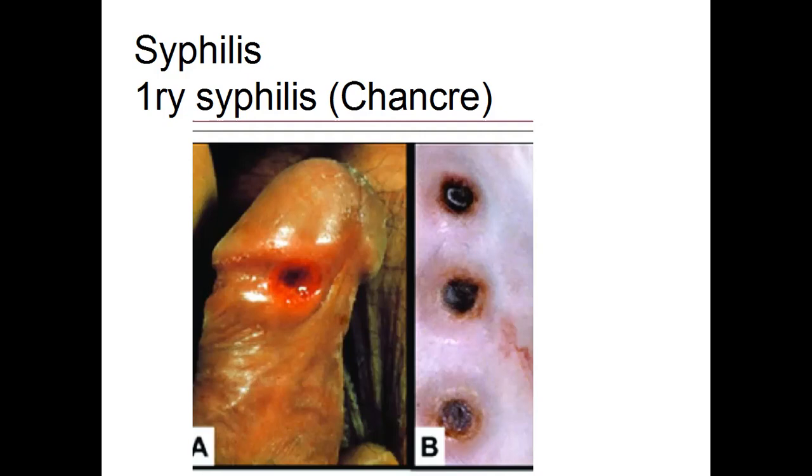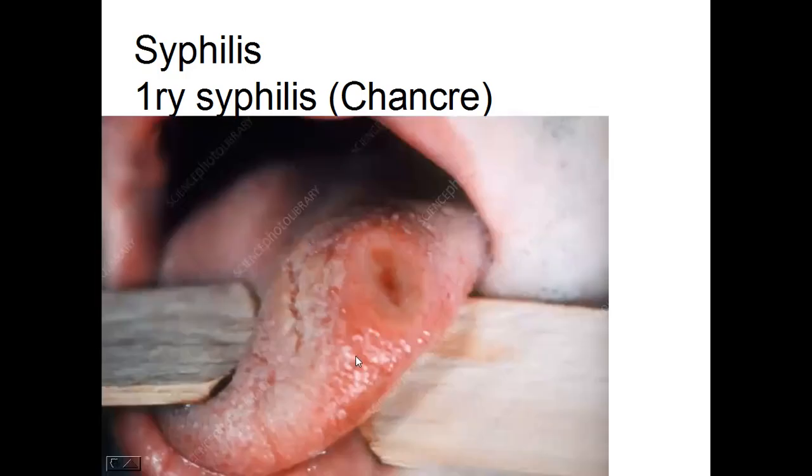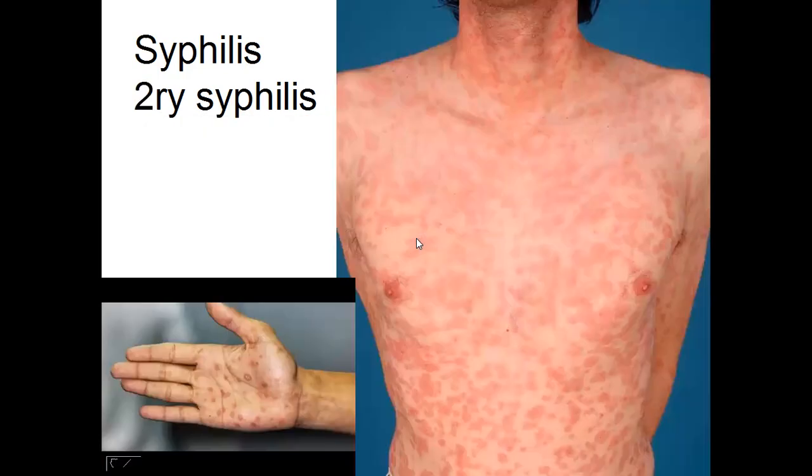This is the first stage, and it usually happens due to local multiplication of the organism, which is Treponema pallidum. After a while, the multiplication is more severe, causing bacteremia, so it will be transmitted. Let's take a look at these ulcers. This is a chancre happening in the lip, another chancre in the tongue. Then after a while,